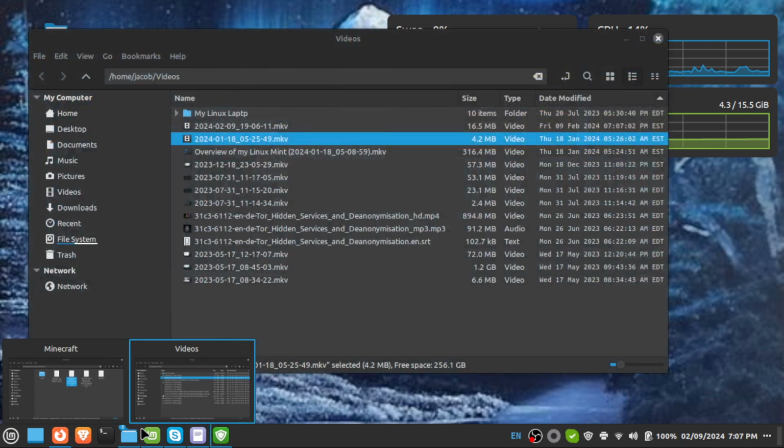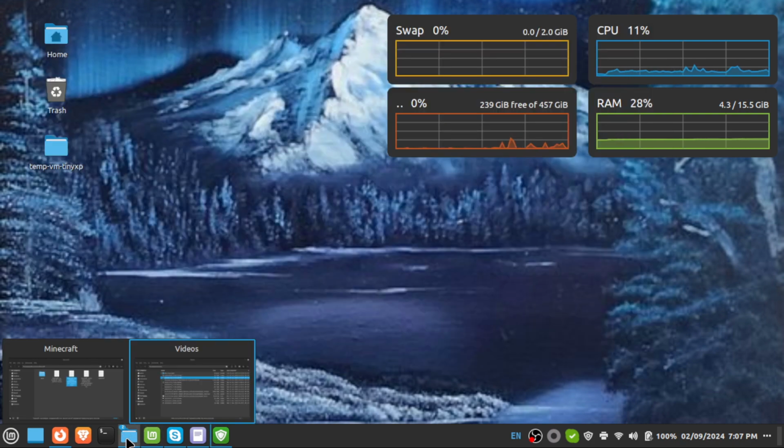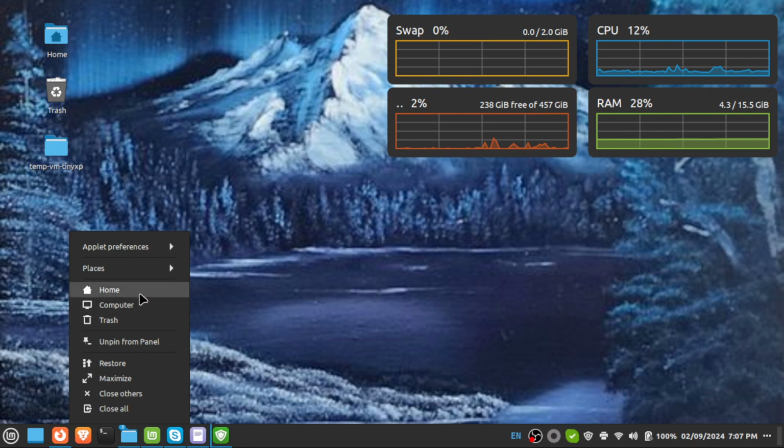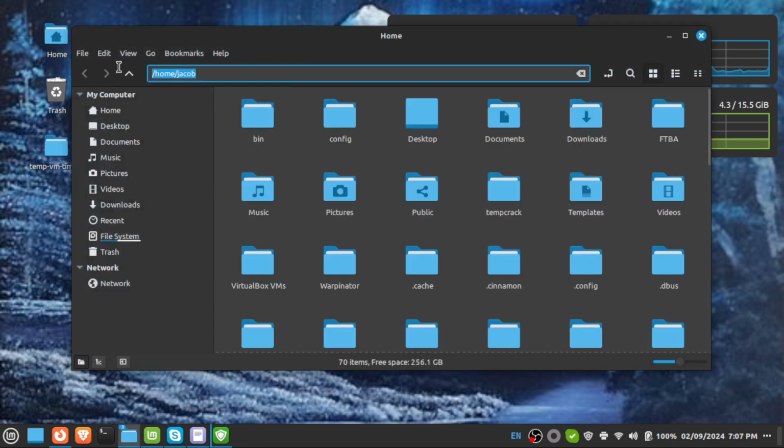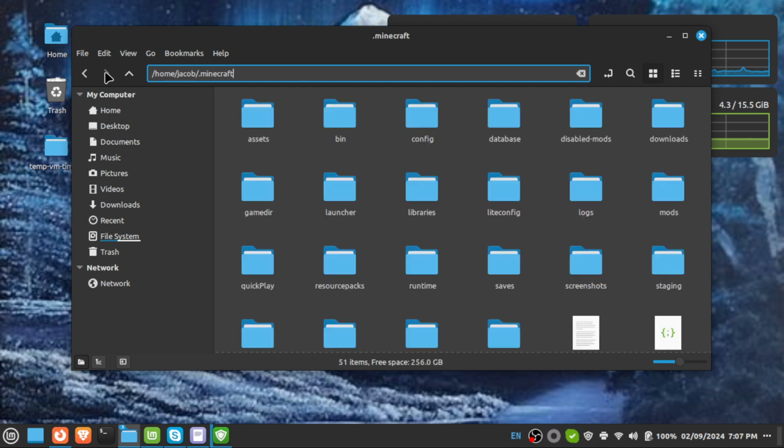This will work on Windows or Linux. What we're going to do is open up a new folder, and for Linux you want to do tilde slash Minecraft. Now for Windows, you want to do %appdata%\.minecraft instead. But since we're doing it on Linux,